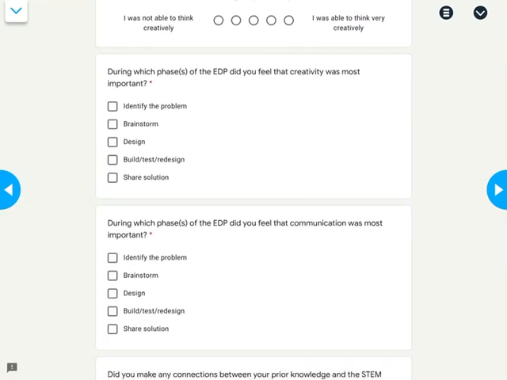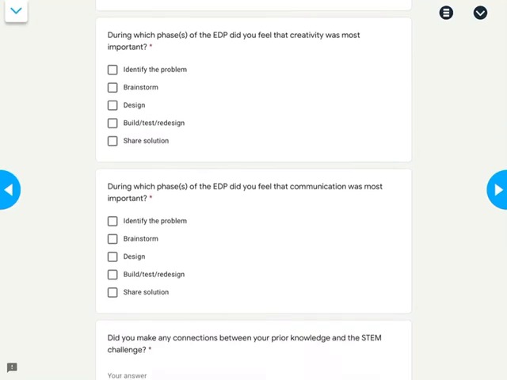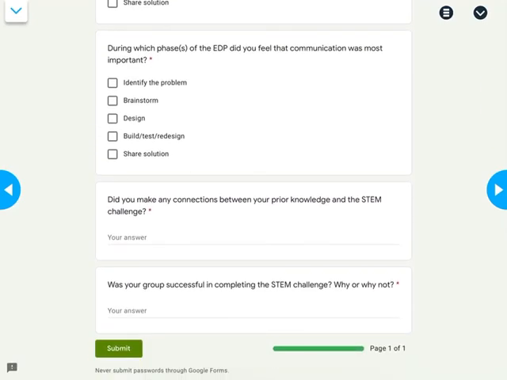Then they start thinking about the engineering design process. So how important is creativity, and at what step is it most important? And then similarly, communication, when is it most important during that design process? And then finally, teachers would wrap up by discussing any connections that they made between their prior knowledge and the STEM challenge. So hopefully, as an English teacher, the connections that I made to the STEM challenge were different than the connections that a math teacher made. And similarly,